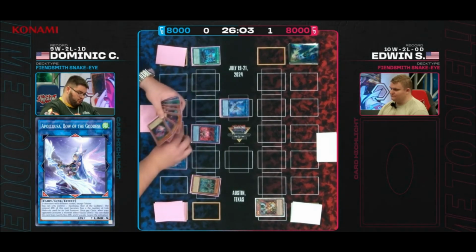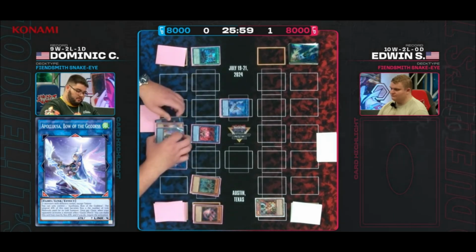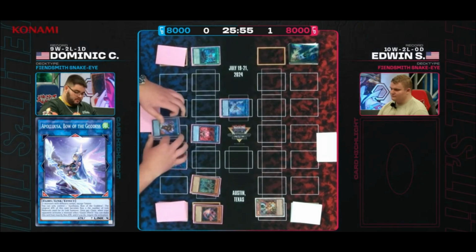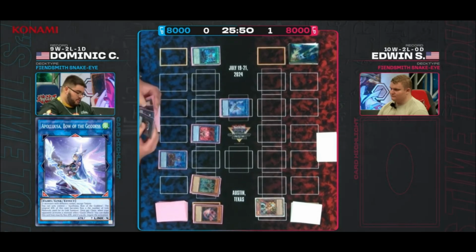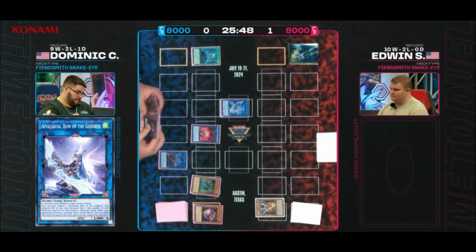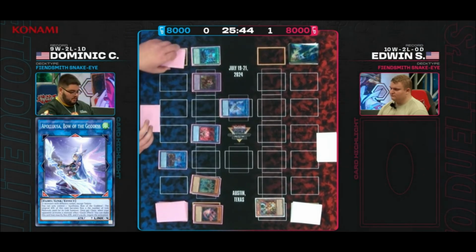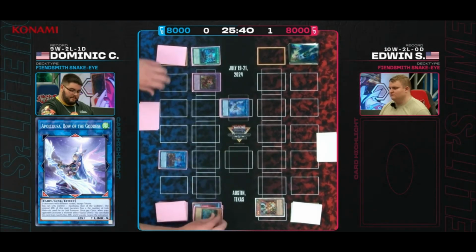Looks like he might be going for Desiree. Yep, that's going for 3 here. So this is why it was important to summon the Moon of the Closed Heaven. And now, once Desiree hits the field, he's going to be able to link away into the Princess. Yep, and then the Princess will bring back...